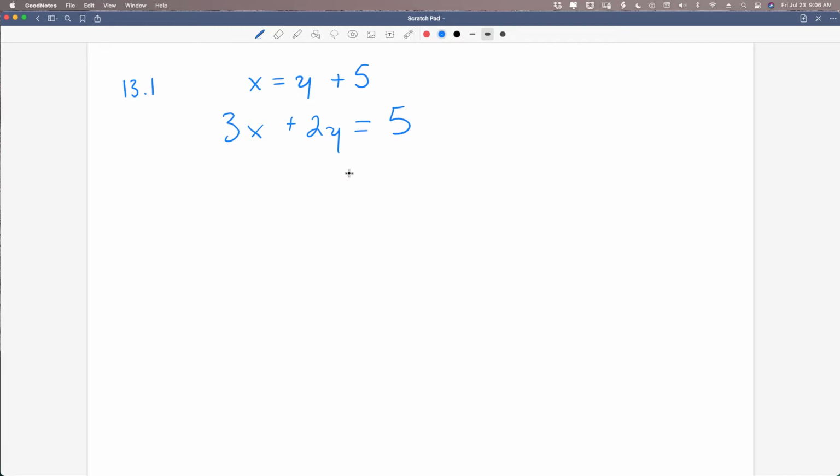So we're going to use substitution. We know here that x is equal to y plus 5. So anywhere we see the variable x, we can substitute in y plus 5. So that means we can rewrite this statement here as 3 times y plus 5